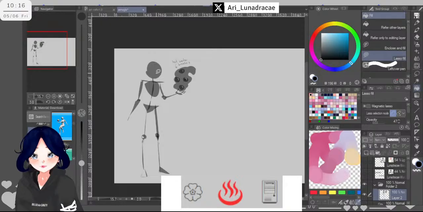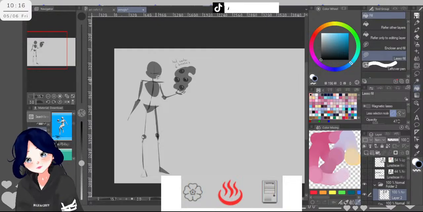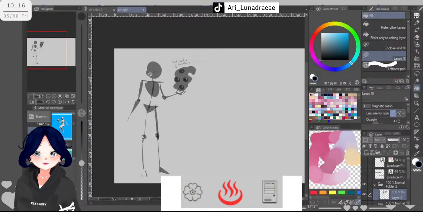And for the face, it will be around here. Maybe looking to the front.